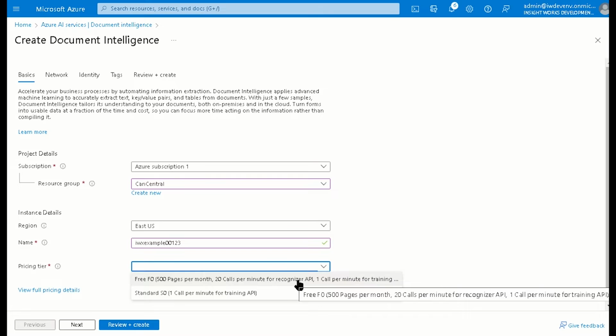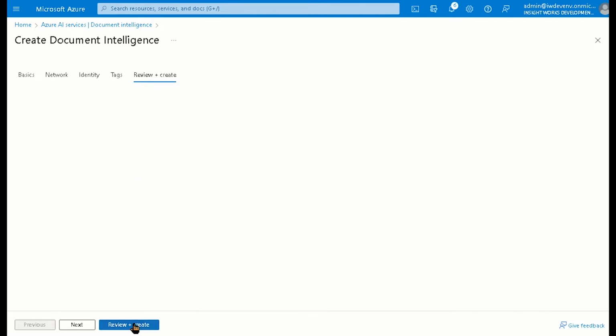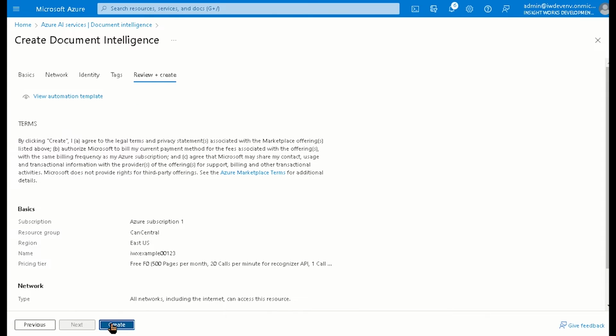So for now, we're just going to choose the free one, and we're going to review and create it. And if you don't see the free one, it's possible you've got another Document Intelligence instance, since you're only allowed to have one free Document Intelligence instance deployed. So we're going to review and create this. All right, now we're going to wait for this to be deployed.